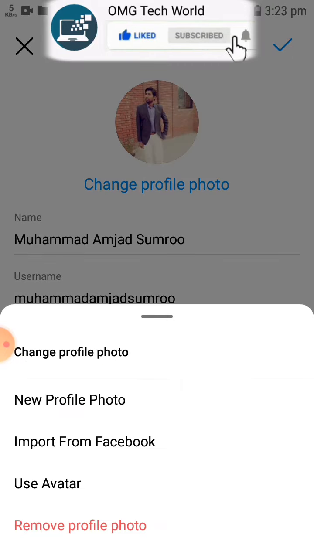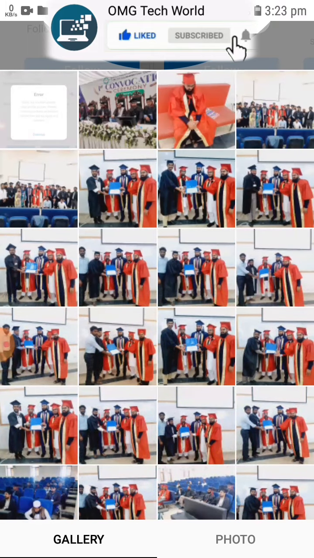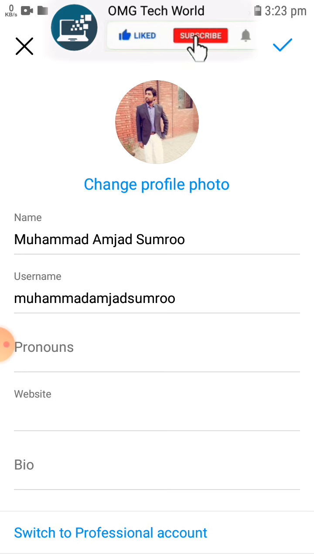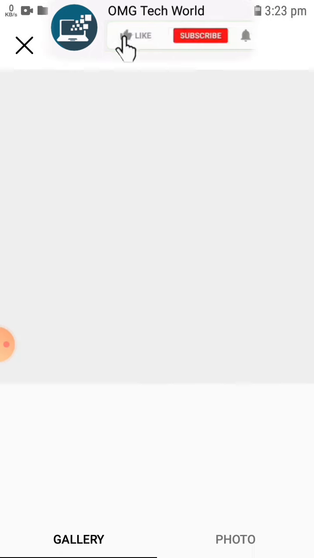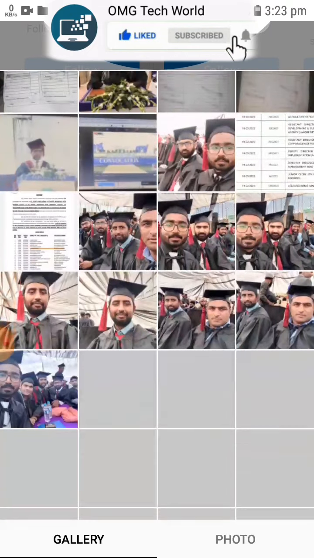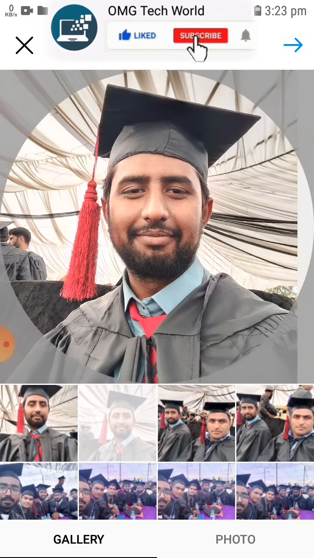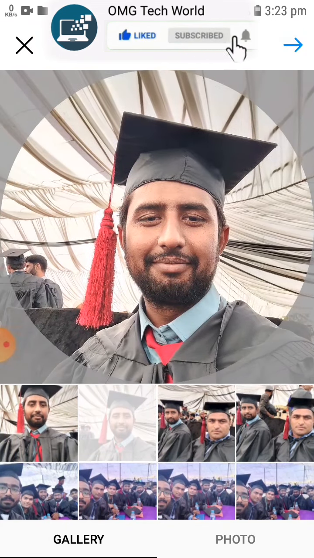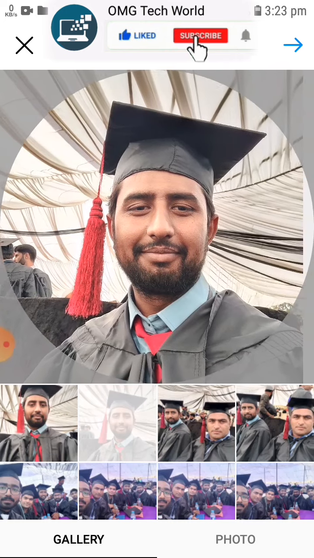For example, if I go to change my profile photo and select any random photo for my Instagram profile, and I want to update that Instagram profile, like you can see in the video, if I select one of the photos from my gallery and I want to use it as my Instagram profile,